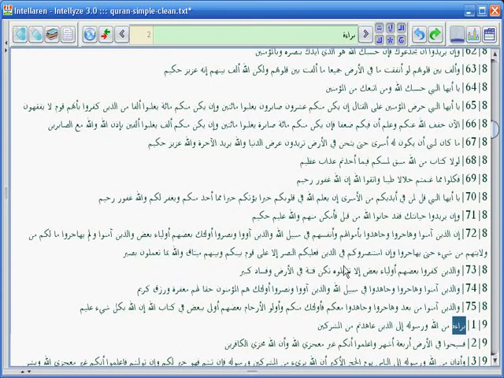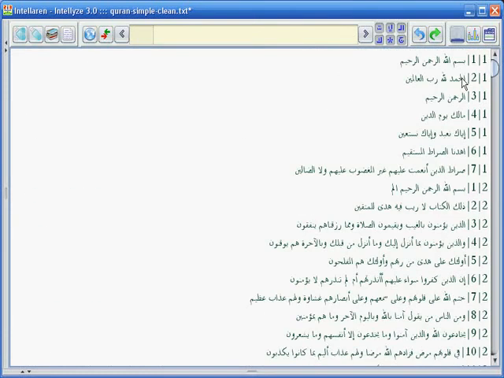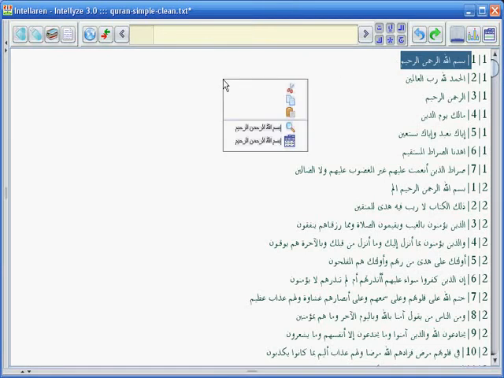So, let's press the escape key, which is usually found at the top left corner of the keyboard, to clear up our search field and scroll back up. Let's now see how Intellyze can help us achieve these removals in an efficient way by following these steps. In verse 1, Surah 1, place the mouse before the vertical bar. Press and drag until the end of the line. Now that this text is highlighted, copy it using Ctrl-C or through the mouse's pop-up menu that appears when it's right-clicked. Invoke the Replace tool that comes with Intellyze.